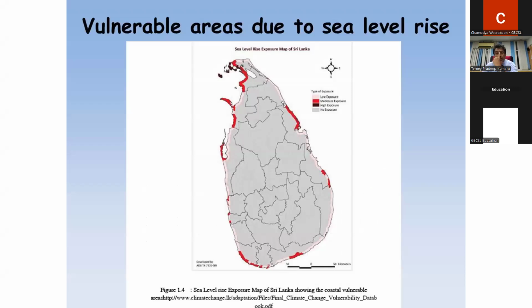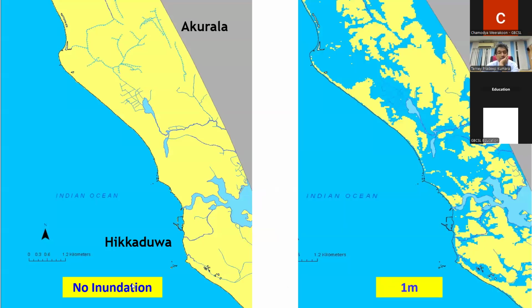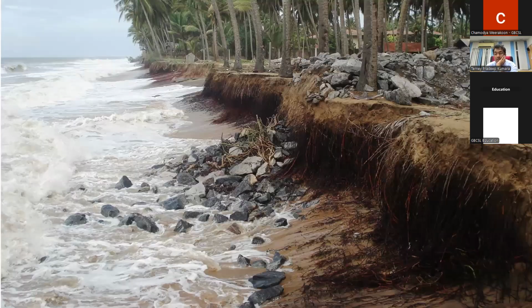These are the prone areas for sea level rise in Sri Lanka. So when you select a site, you have to be very careful about this, especially erosion-prone areas, like Hikkaduwa, you can see. So no inundation, but if there is a 1 meter sea level rise, you can see the areas inundated with sea, right? So you have to think about sea level rise, the elevation of lands, and the erosion rates. Some areas on the West Coast lose about 10 meters of land per day, right? So if you locate your buildings or construction, you have to think about sea level rise, erosion rates, and on top of that,